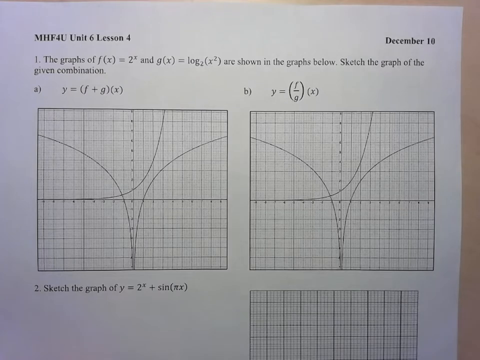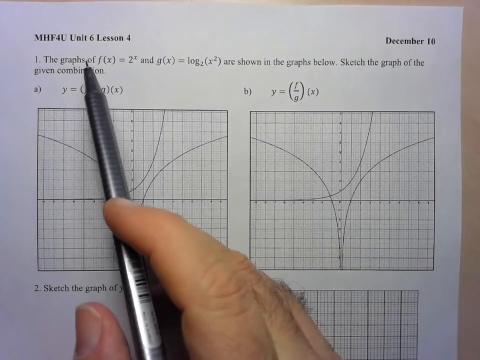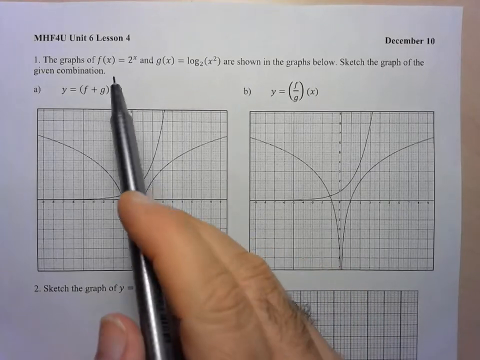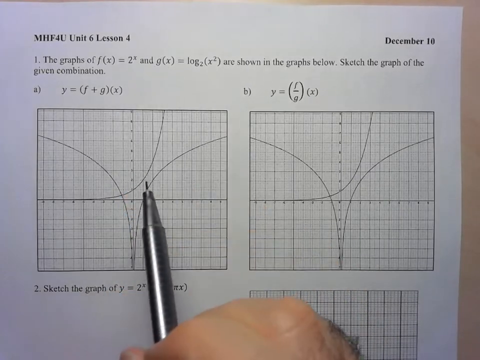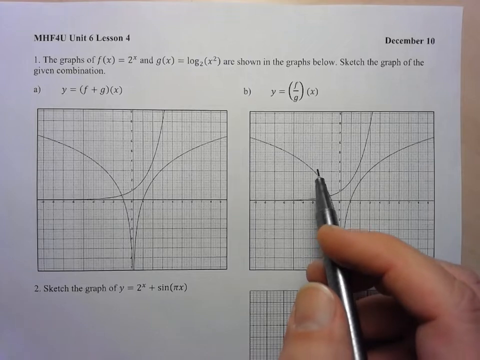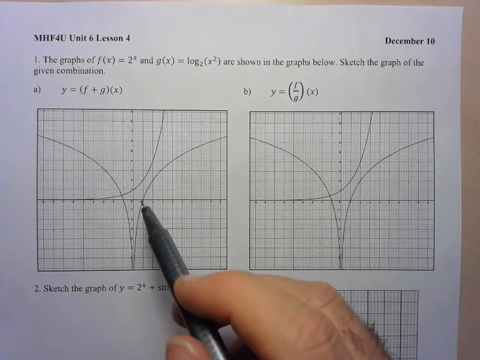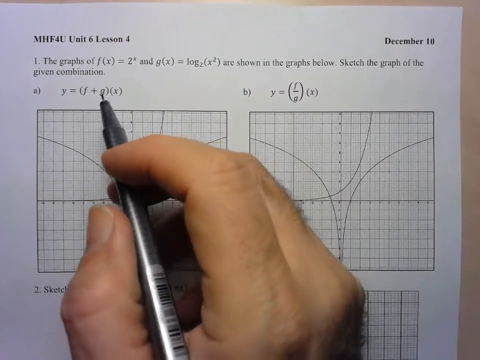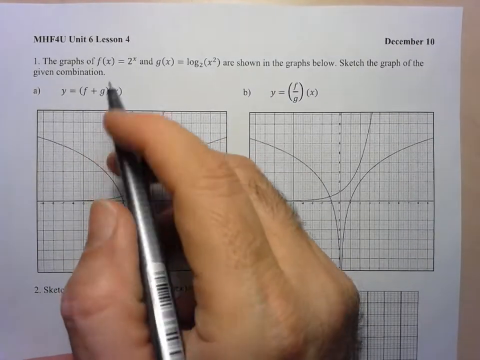Hi folks, we're going to take a look at some examples of graphing combinations of functions, and we'll start with number 1 from Unit 6, Lesson 4. So they give us the graph of two functions, and in fact they even give us their equations, but a lot of the things that I'm going to do here we'll be able to figure out just by looking at the graphs themselves. Okay? So in the first one, we're doing f plus g at x,